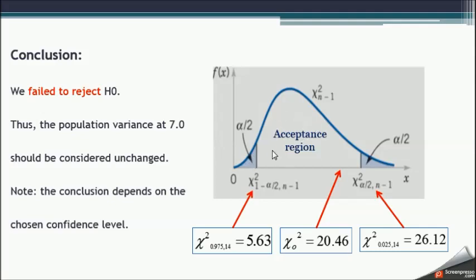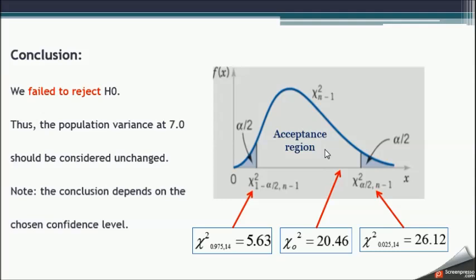But in between, this is the acceptance region, so we are going to fail to reject the null hypothesis. And therefore, the population variance at 7.0 should be considered unchanged. So we consider the variance of the population to be unchanged at 7.0 for the sigma square of the population